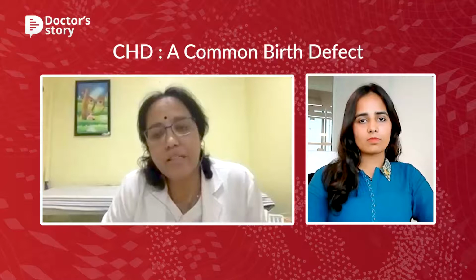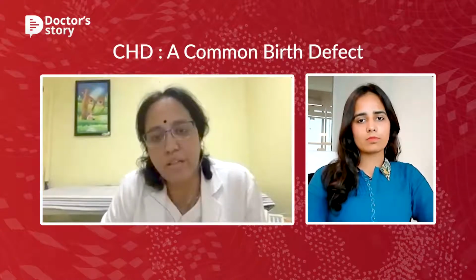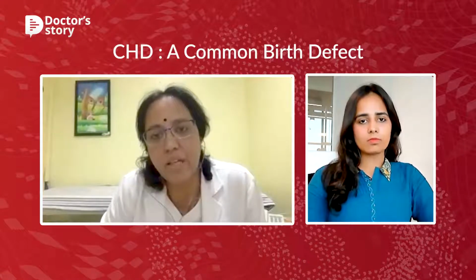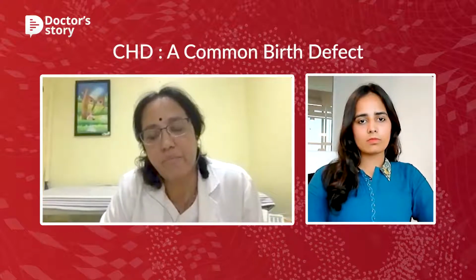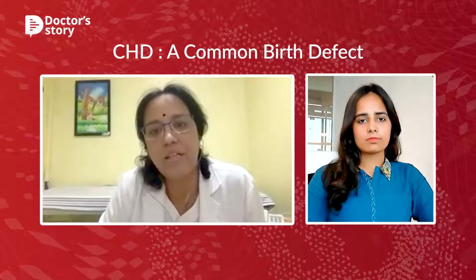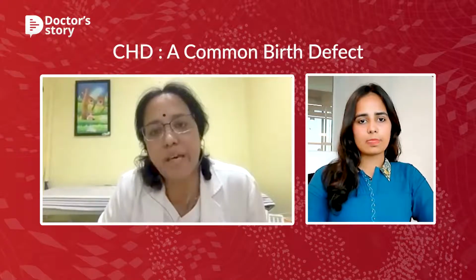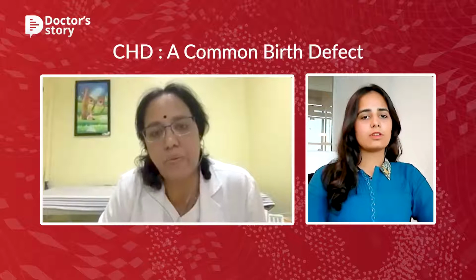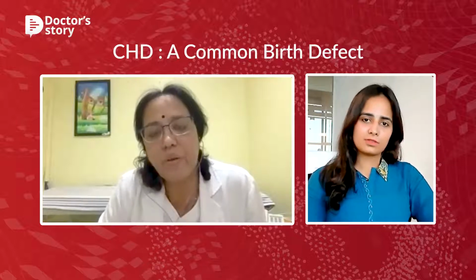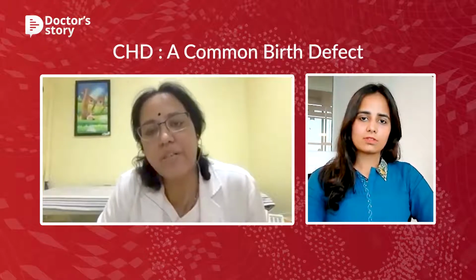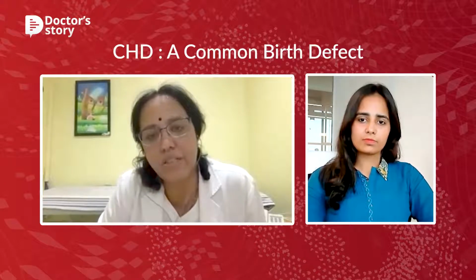These defects can range from very simple defects, which in common parlance are called a hole in the heart, to more complex ones where there are major connection abnormalities inside the heart, obstruction to the blood flow coming out of the heart, difficulty in the way blood enters the heart, or abnormal pathways. These are the common ways in which we can explain congenital heart defects. But each of these has a different kind of presentation and affects the children in various different aspects.